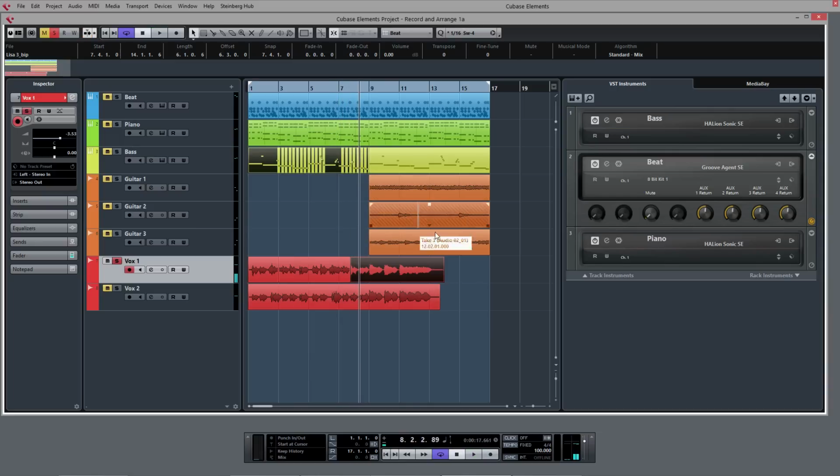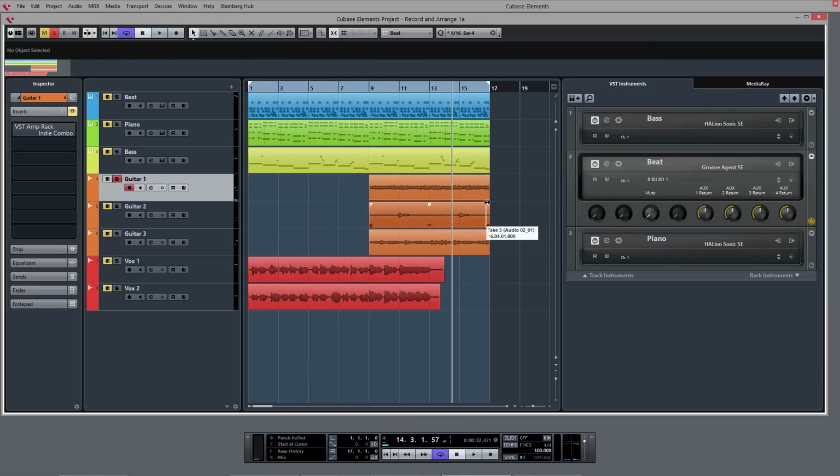And I could do the same thing for guitar as well. So if we look at the guitar, there are a number of takes I've done here. And if I play this back,